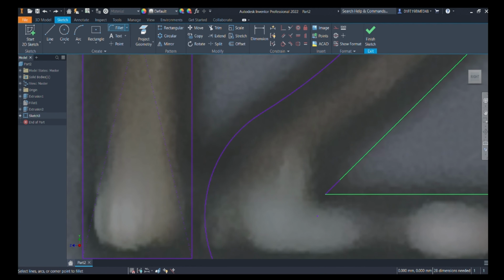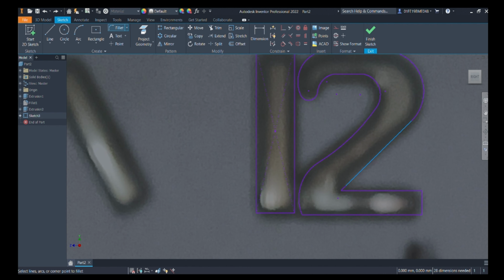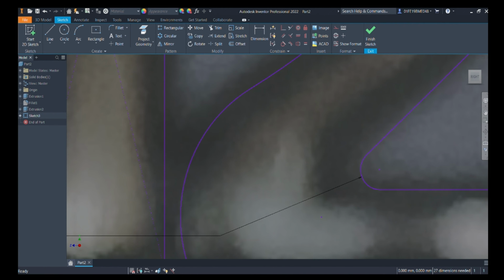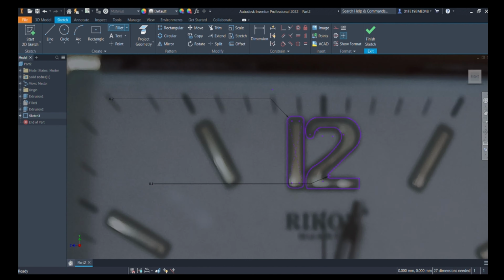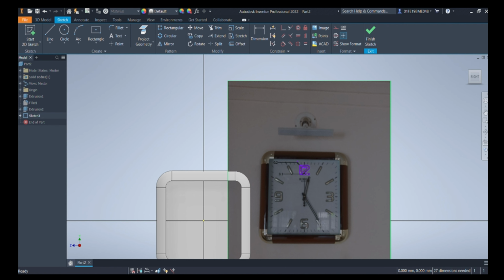So taking the above line and the below line and adding a fillet of around 0.1 to 0.2 mm. 0.5 mm will also be fine. Okay, this looks good. Now remove the extra overline. 0.1 to 0.2 mm will be fine for it. And we can see that our number 2 is also ready. Now we will add fillets to the center rectangle, which is basically our number 1. So once we have done with it, we are now done with digits 1 and 2.